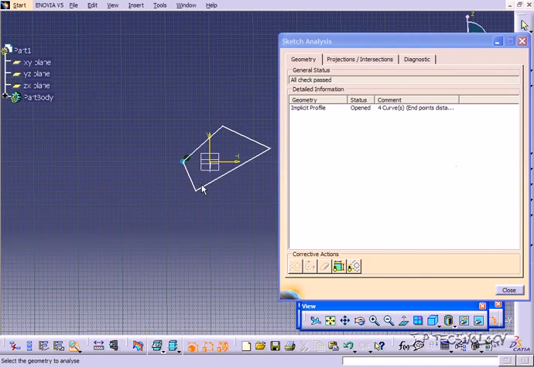So the sketch analysis is a great tool because it allows you to, before you go out and try a feature and get a message saying that you can't use this sketch, check your sketch, make sure it's good, and then make sure that it's meeting the criteria that you want it to be. Now I'm going to show you one more,